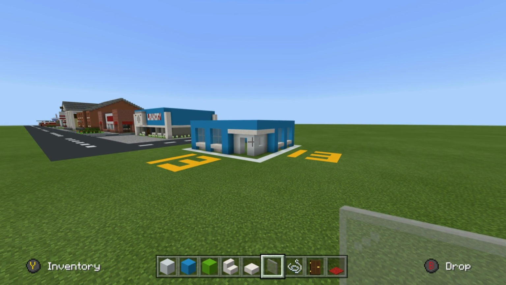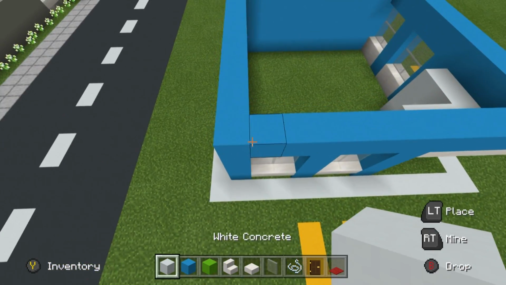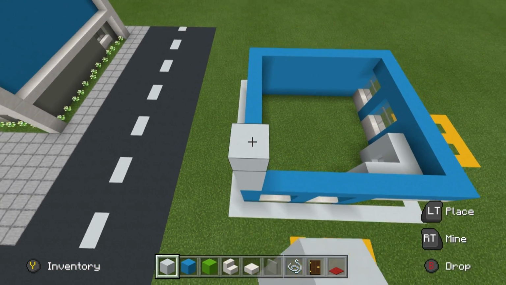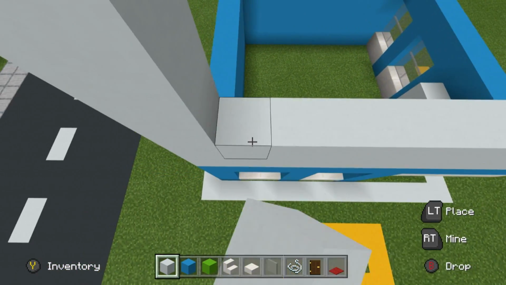Well, now that all of that has been done, ladies and gentlemen, the next thing that we are going to do is we're going to go all the way around the top of the build, and we're going to place 5 rows of white concrete. 1, 2, 3, 4, 5. We're going to place 5 rows of white concrete all the way around the top of the